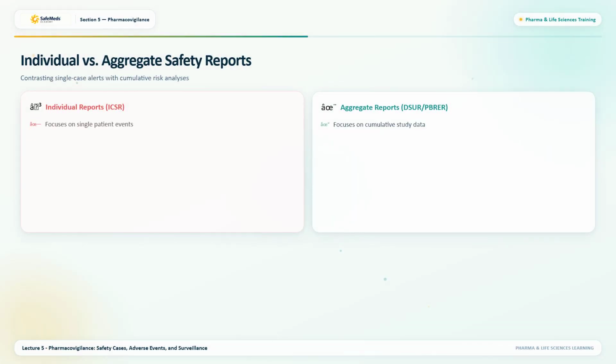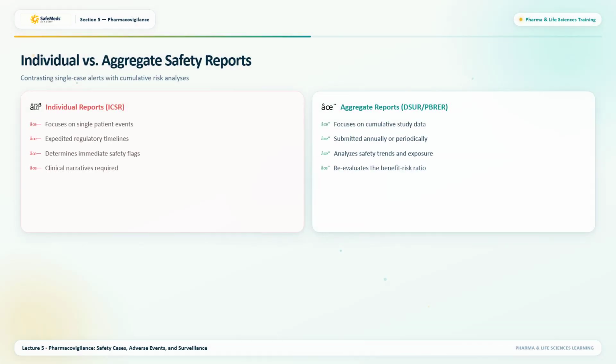Aggregate safety reporting involves compiling cumulative safety data from global sources into structured regulatory reports submitted to health authorities at defined intervals. Unlike individual safety cases, aggregate reports provide a comprehensive analysis of the product's benefit-risk profile based on all available data. Key aggregate reports include the Development Safety Update Report, submitted annually during clinical trials, and the Periodic Benefit-Risk